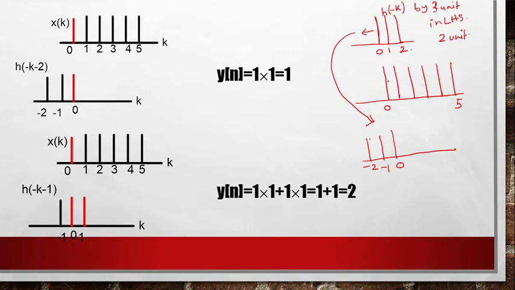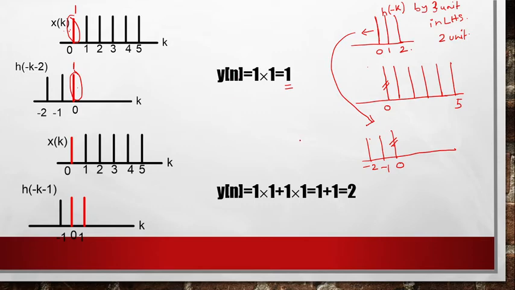So that means this signal can interact with this signal. That means h and k are now interacting. That I have tried to show you using these two red marks. Interacting means we will multiply this value with this value. So what is the value? The value is 1 and this value is 1. So the output we are getting in this particular situation is equal to 1.